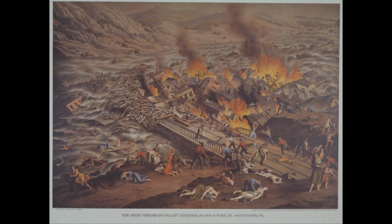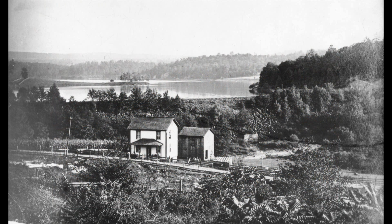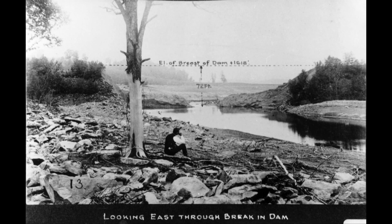The stone bridge has been depicted in a number of illustrations over the years, capturing the horror of the Johnstown Flood of 1889. On May 31st of that year, following a night of heavy rains, the South Fork Dam, a poorly maintained earthen reservoir 14 miles upstream and 450 feet higher than the city, let loose, sending 20 million tons of water racing down the valley along the Little Conemaugh. Traveling at 40 miles an hour and reaching heights of 60 feet, the wall of water took out everything in